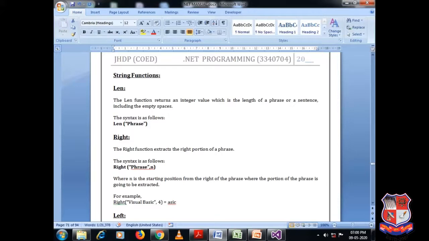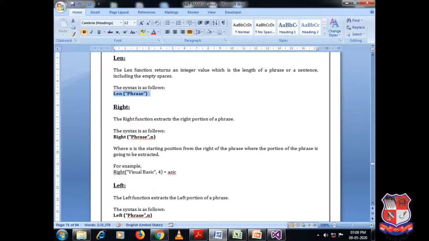Okay, the syntax for that is Len, then you need to specify the string. Either you can write a text box variable over here, or you can provide a hard coded string also. Okay, so that will return you the length of the string given in the Len function.